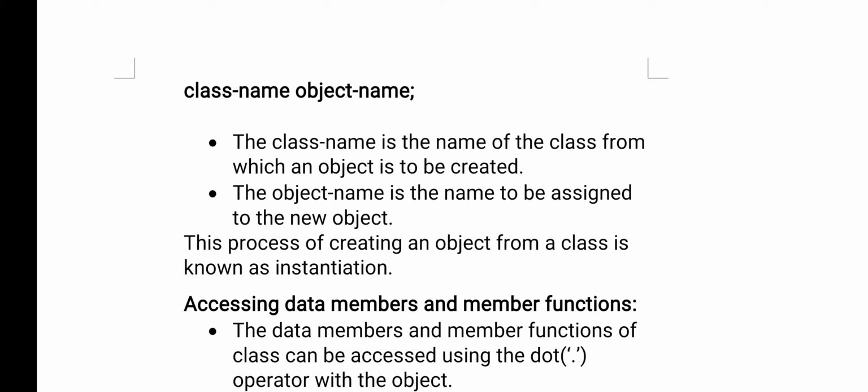Okay, what is the use of an object? If you want to access data members and the member functions of the class, then it is a condition that you need to create an object of that class. Class is only the template, but where is the key actually? Object is the key. If there is no key, you can't enter into a class. Similarly, if there is no object, you can't access the class.